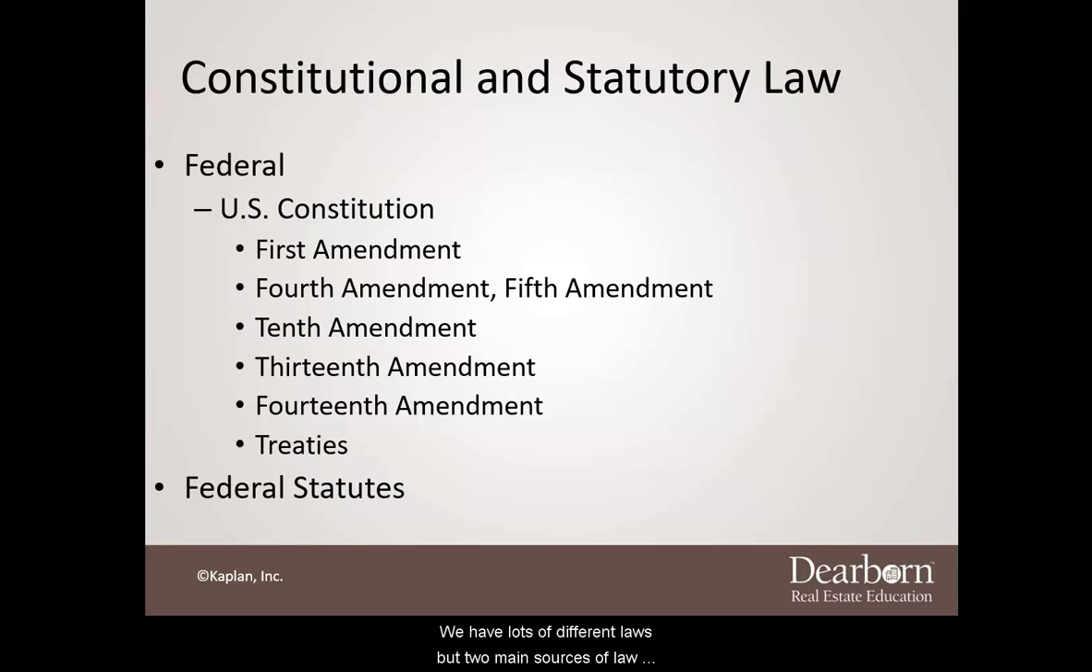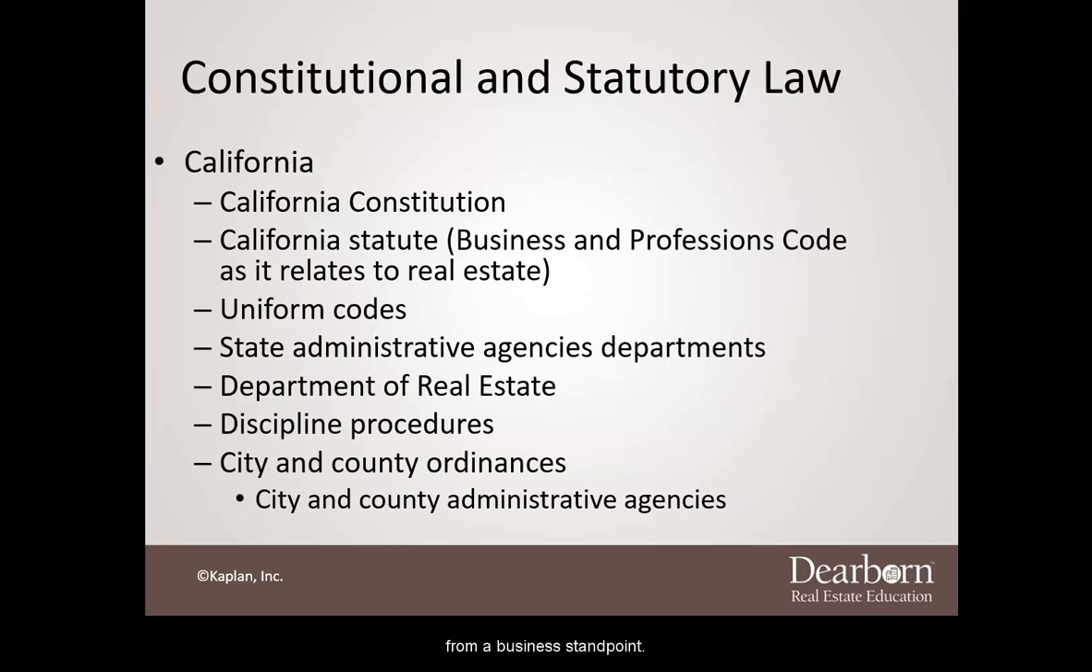We have lots of different laws, but two main sources of law are the Constitution at the federal and state level and statutes at the federal and state level. And then we have our Bill of Rights, which is the first 10 amendments, but we have many, many more amendments to the U.S. Constitution